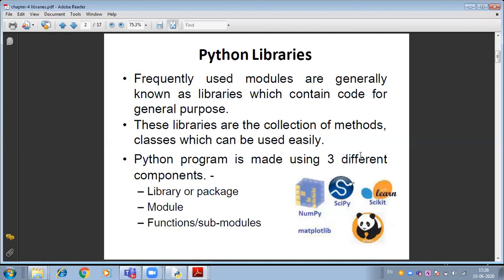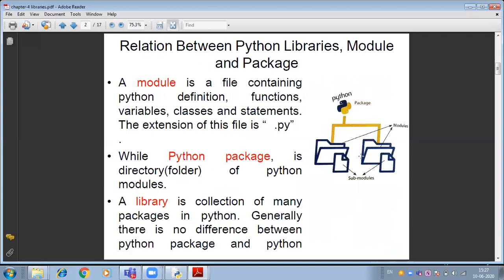So these libraries are important because all these libraries are in the syllabus. Some are in IP syllabus and some libraries are in computer science syllabus. So we will discuss these libraries also as per the requirement of the syllabus. Before covering libraries in detail, we will discuss modules in today's class. So what is a module?